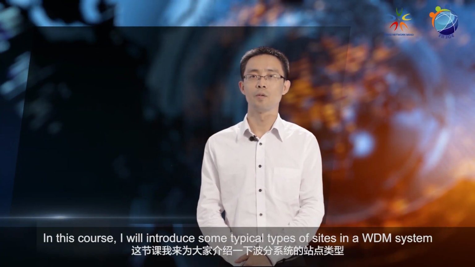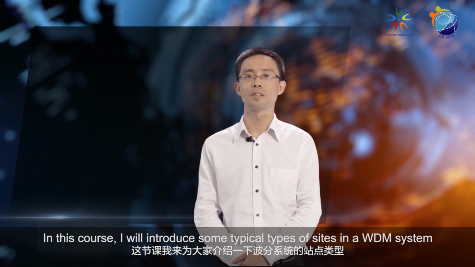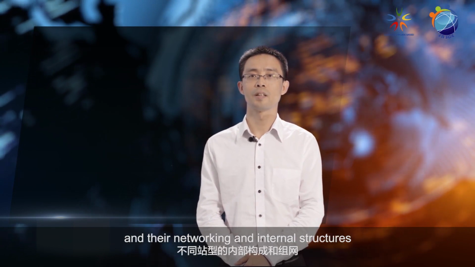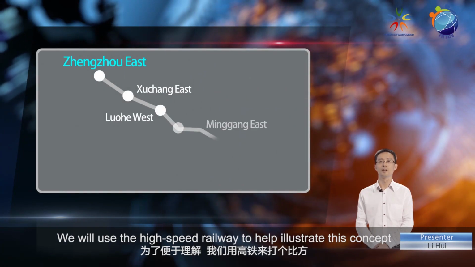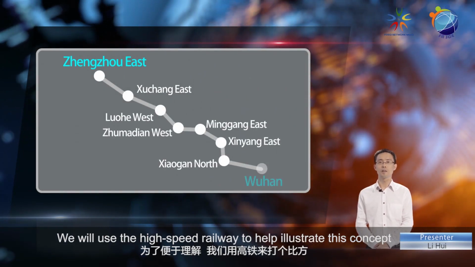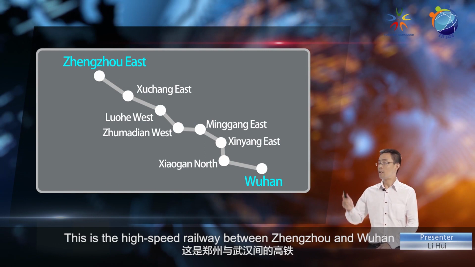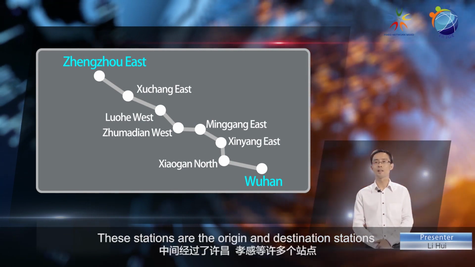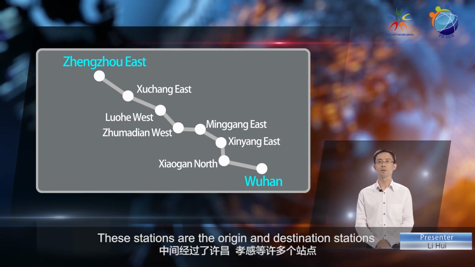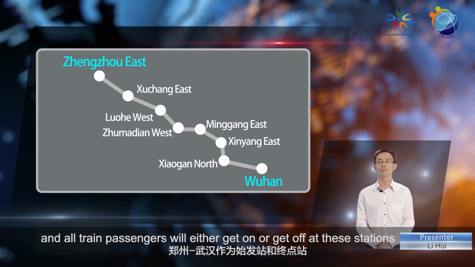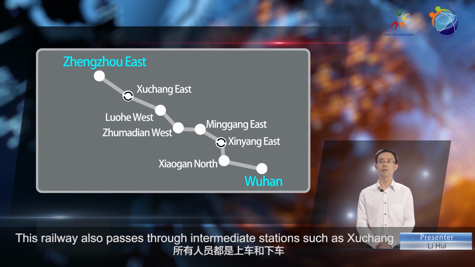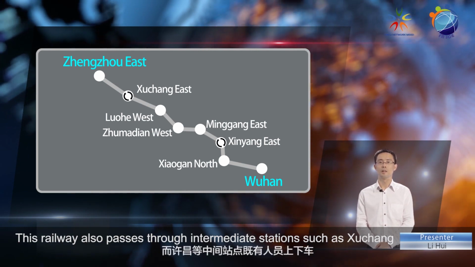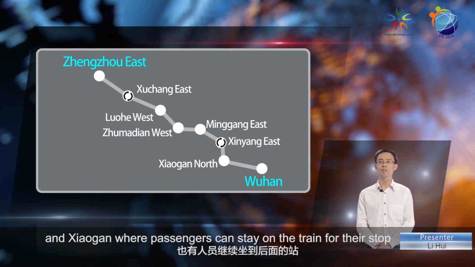In this course, I'll introduce some typical types of sites in a WDM system and their networking and internal structures. We'll use the high-speed railway to help illustrate this concept. This is the high-speed railway between Zhengzhou and Wuhan. These stations are the origin and destination stations, and all train passengers will either get on or get off at these stations. This railway also passes through intermediate stations such as Xuchang and Xiaogan, where passengers can stay on the